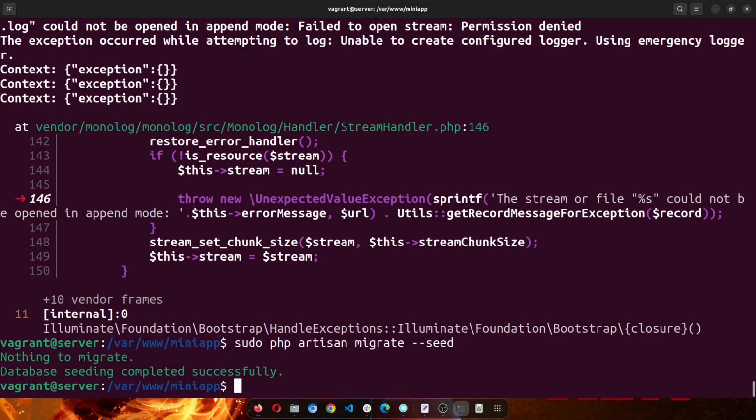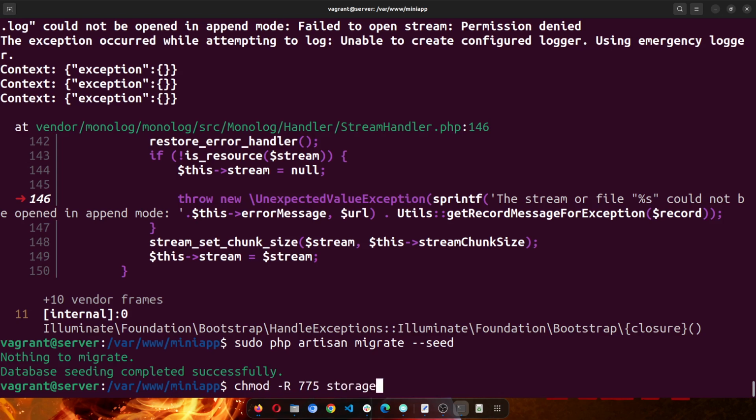So chown -R www-data, www-data, sorry, not this, chmod -R 775 storage,